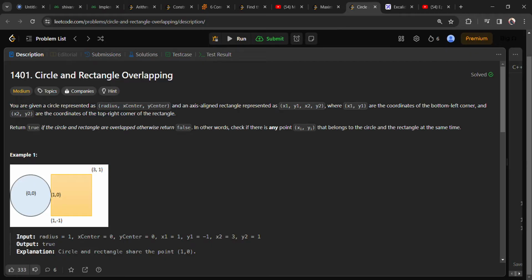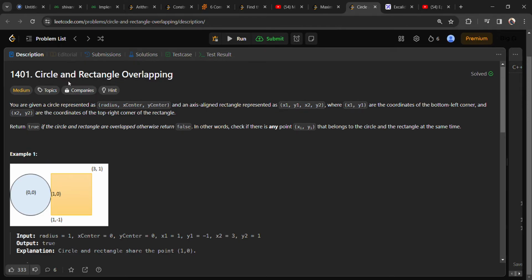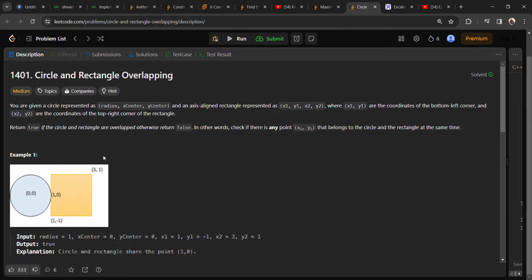So this is the question that is over here. What we need to do is check whether the circle and the rectangle are overlapping with each other or not. We are provided with a circle which is represented by its radius,